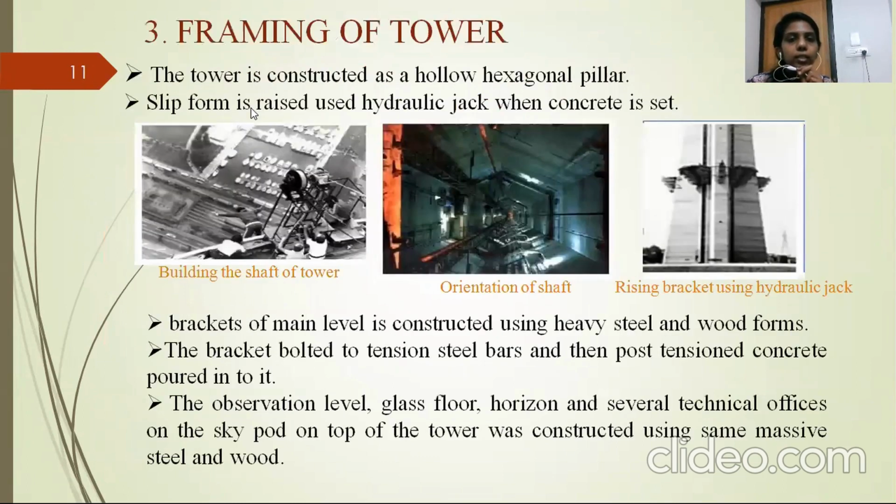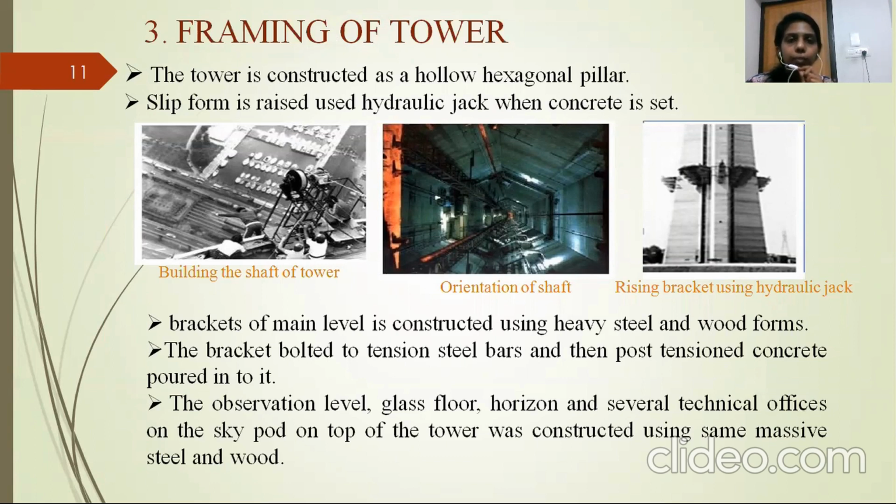Then the third stage of the construction began. That means the framing of the structure. The CN Tower was constructed in the form of a hollow hexagonal pillar. The other features like stairs and escalators are all attached to this pillar, and it was constructed using the slip form technique. Heavy molds of steel and wood were used for this construction, and